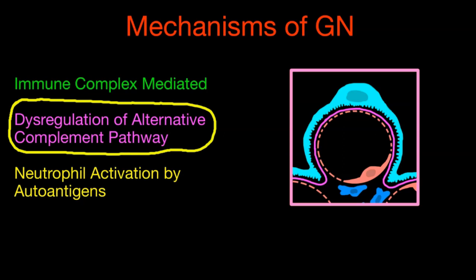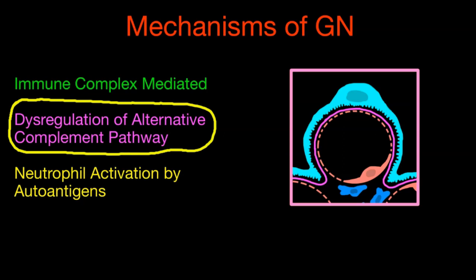So immune complexes can activate complement, but they activate it through something called the classical pathway. The alternative complement pathway does not require immune globulins, and it's activated slightly differently. And so it's part of our innate immune system. And we have circulating parts of the alternative complement pathway that are always a little bit activated and sort of